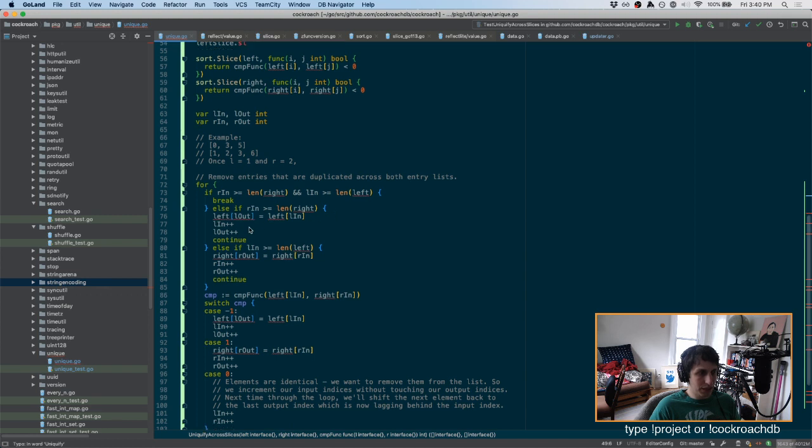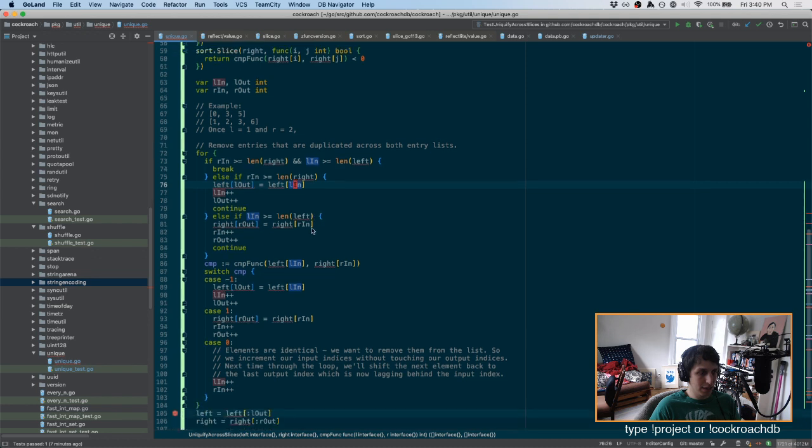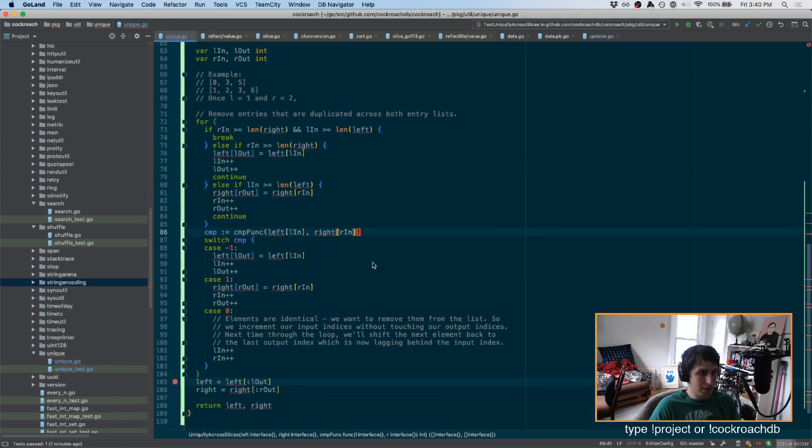Like, what would we need? We would need a function that sets a value in the slice at element X to the value at the slice at element Y. We would need a comparison. And then we need to be able to set the length, which I think you can actually do, right? You could say